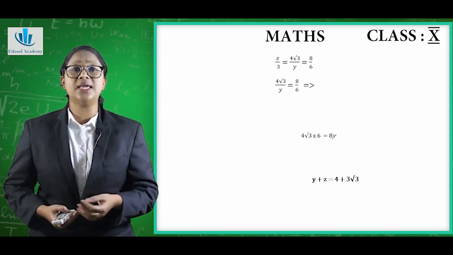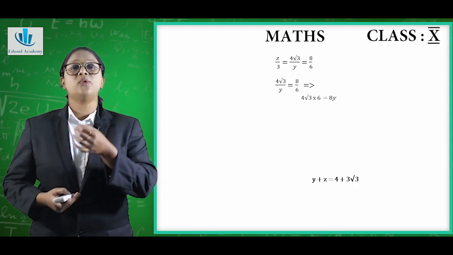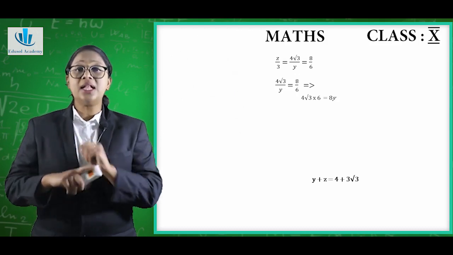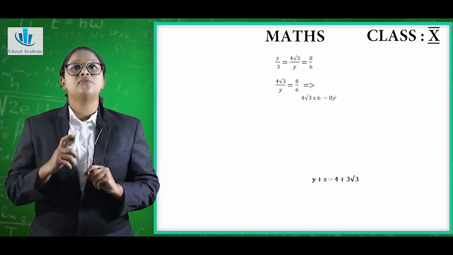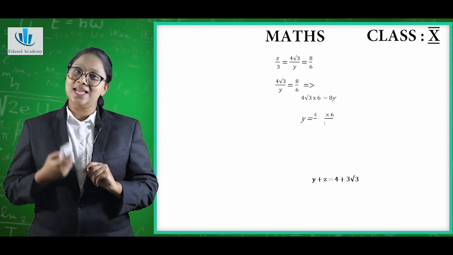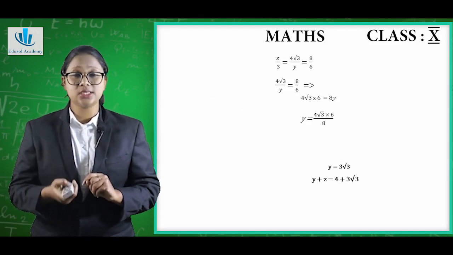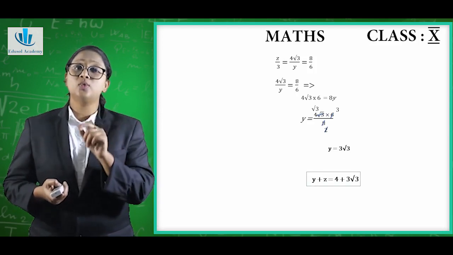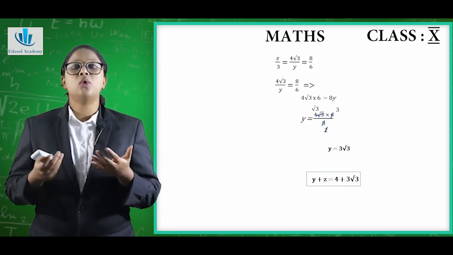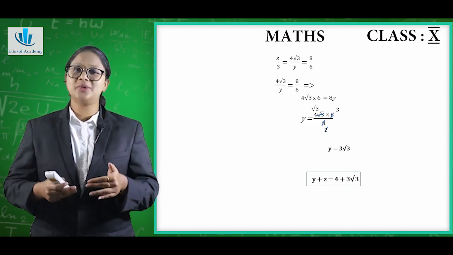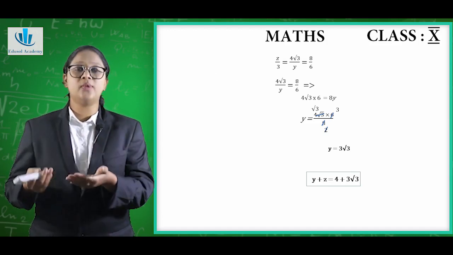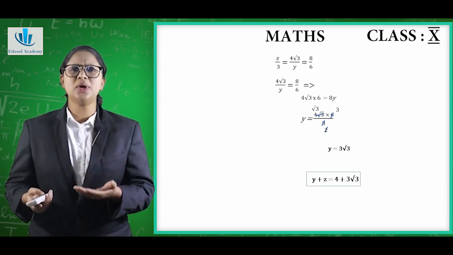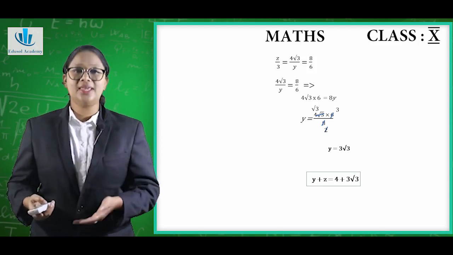So we are going to take 4 by 3 by y is equal to 8 by 6 to solve for y. So again, cross multiplying, we will get y is equal to 4 by 3 into 6 by 8. So y, upon cancellation and further proceedings, we will get the value of y as 3 root 3. That part is also done. Now the only thing that we have to do is add them together. So z plus y will be equal to 4 plus 3 root 3. I hope that's clear. It's a new concept, but it's okay. Upon practice, we can pace it up.